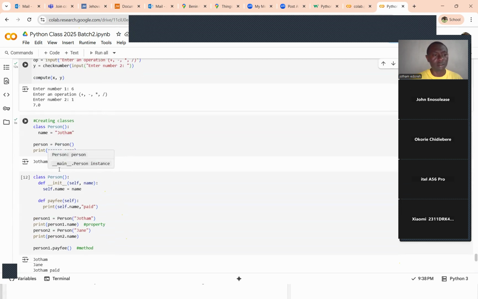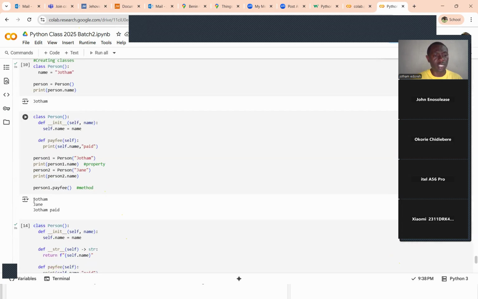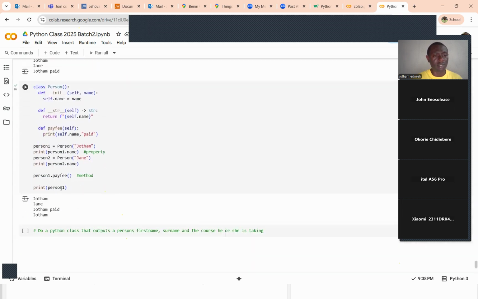Also, we said that we can use the init function, the constructor, to create an object so that we can easily create several objects from it. We see with this example, we created Jotam and created Jane. I can also create a method or a function inside it that we can use to carry out some functions inside the class. Finally, we talked about